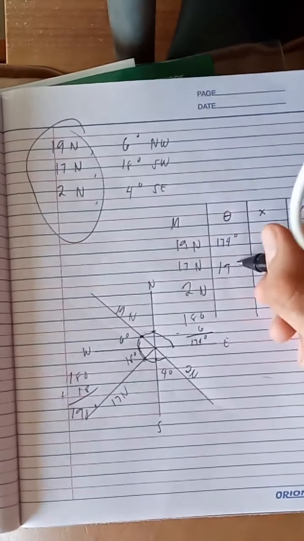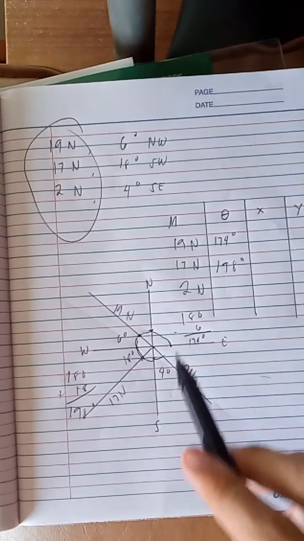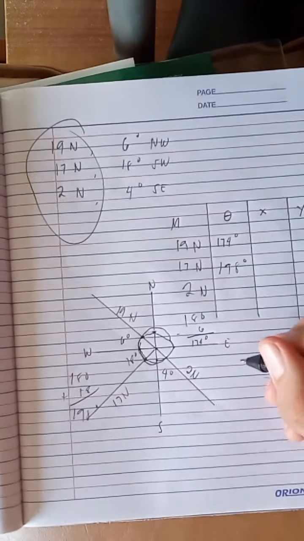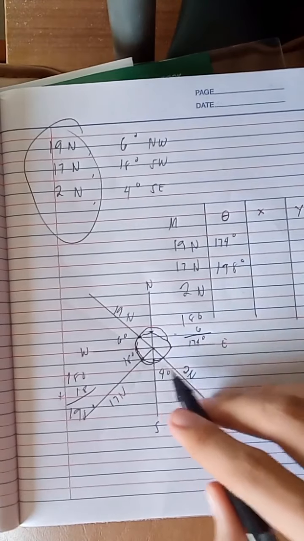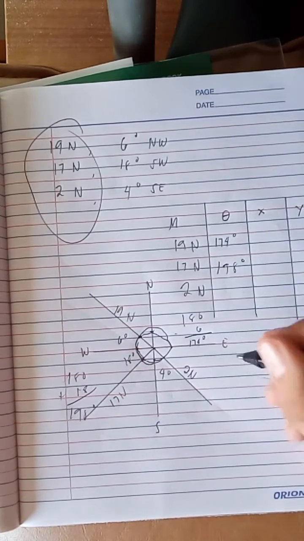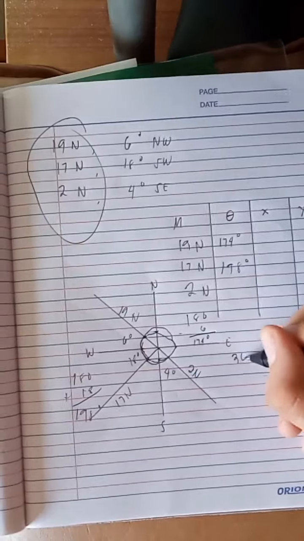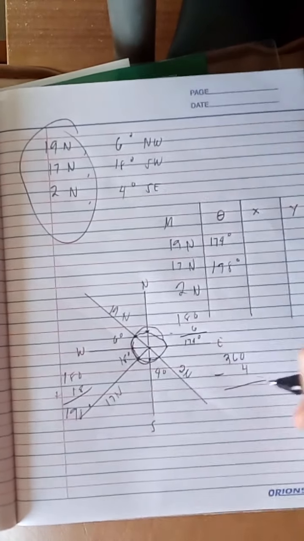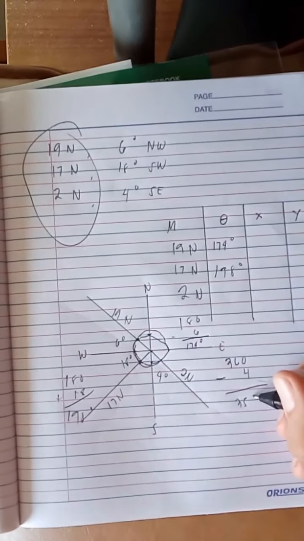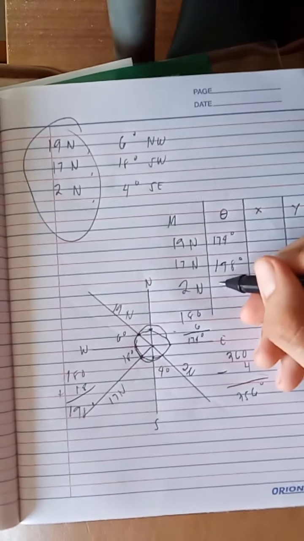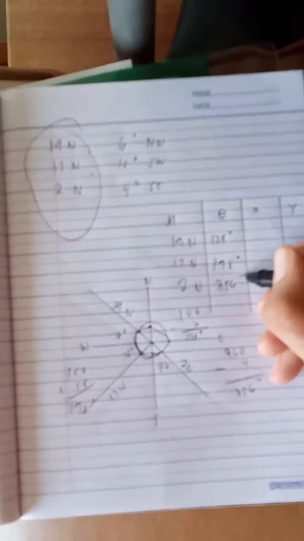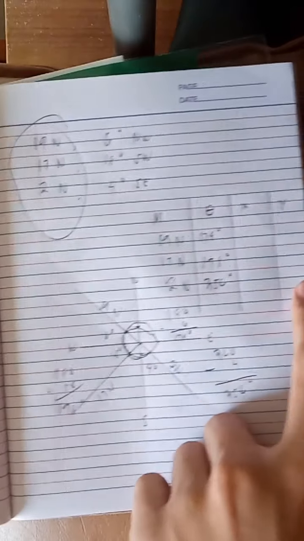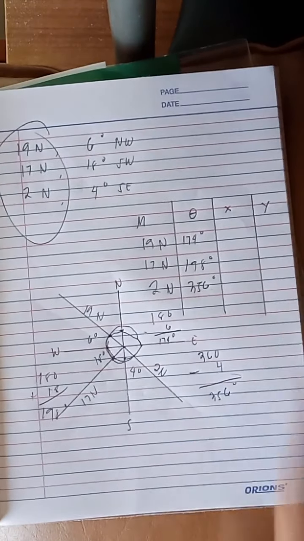So 198 degrees. For the third one, we create a full circle. Since we have this open angle right here, instead of 360 we subtract 4 degrees from it. So we have a 356 degree angle for the third one. And so to get the x and y coordinates of the givens,